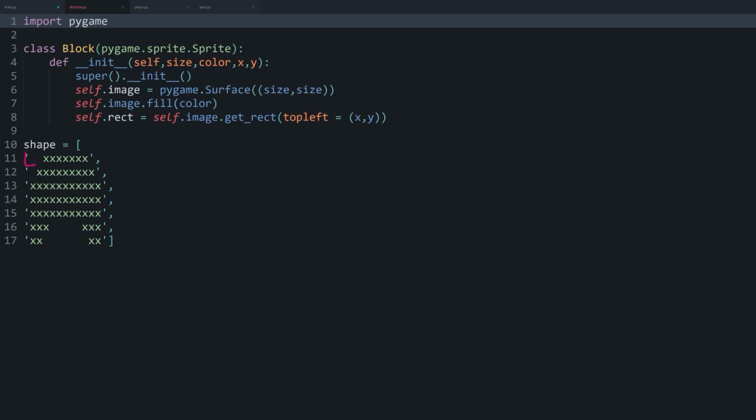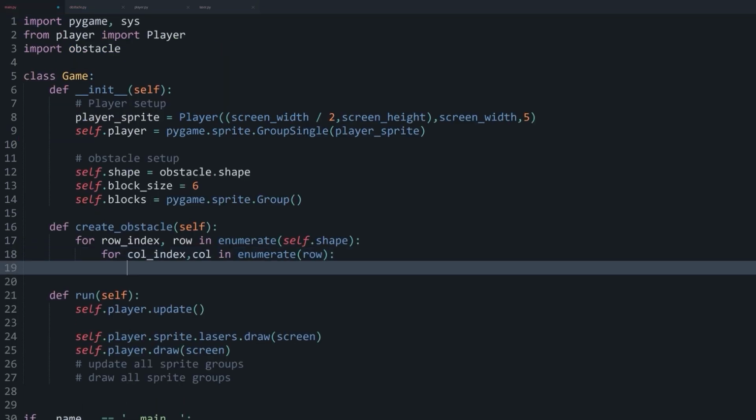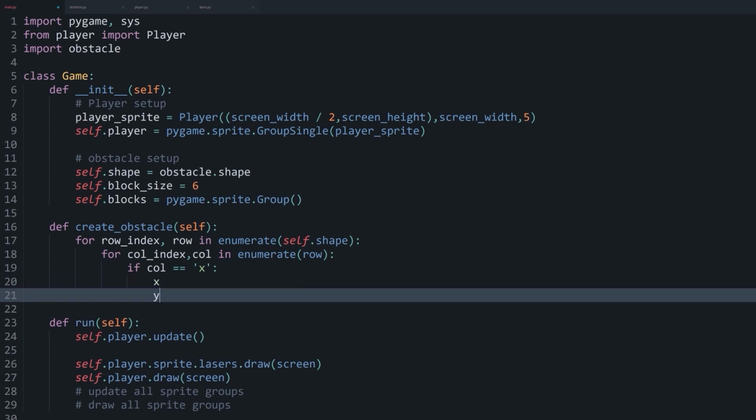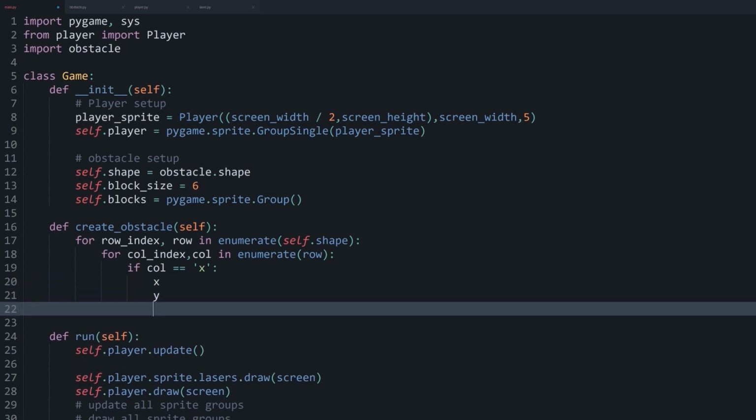And by using these enumerate methods, we get the specific positions of each of these x's. For example, this x here would have the index 0 and 0, whereas this index here would have the index of 0 and 2, I think. And this is the information we need to place something on the screen. And all right, this is all we needed to find the position. Now, obviously what we want to do is an if statement. So if the column is equal to the letter x, because we want to ignore all the empty spaces. And well, now we have to figure out the x and the y position. And once we have that, we can create one block that is going to be